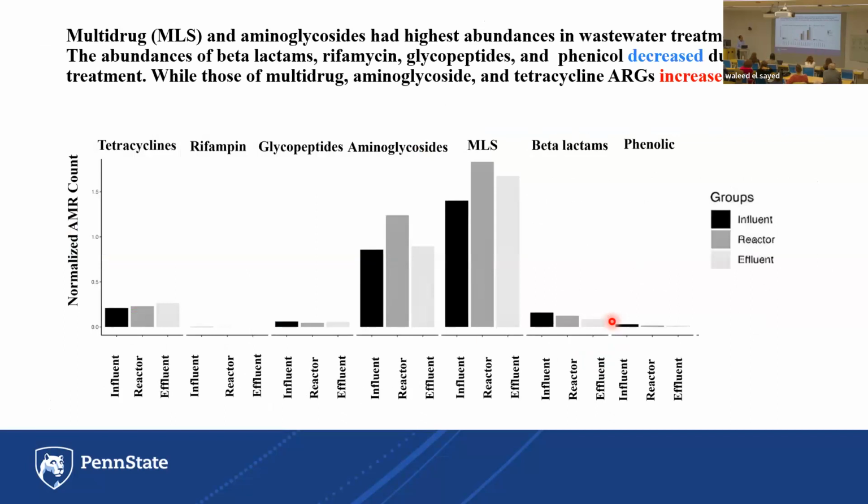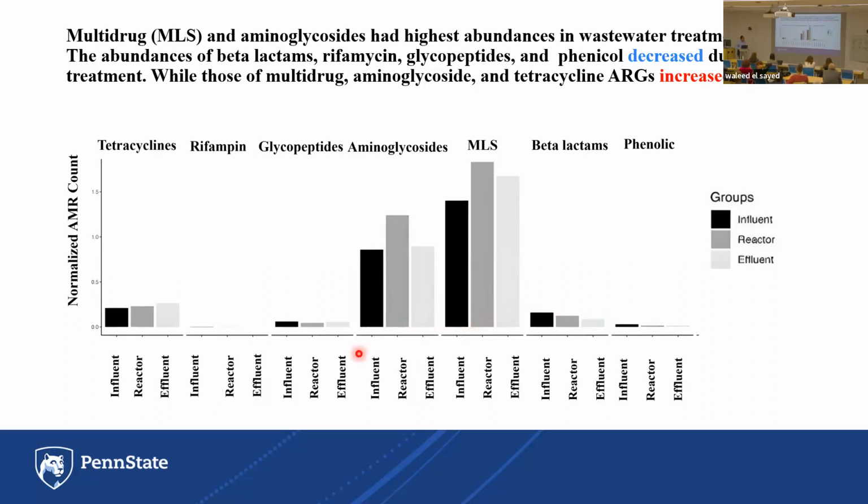Based on MR++ analysis, we recognize some classes of antimicrobial resistance. As you see, we have two classes of antimicrobial resistance with high concentration in the effluent after treatment. That means the wastewater treatment may have contributed to an increase of specific antimicrobial resistance gene classes in the